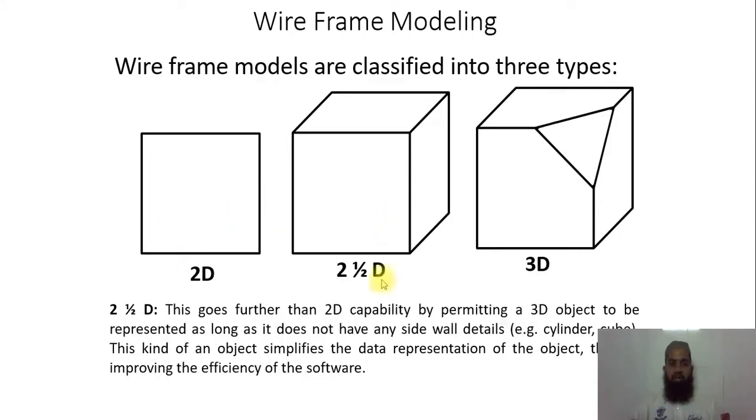The other type is 2.5D. In the case of 2.5D, just remember it looks like a 3D, but there is a difference between 3D and 2D. In this case we have a number of faces. You can see the faces: this face, this face, and this face. We have the information regarding these faces, but the same reflection is at the back also. But we don't have any information regarding the back faces, so it is called 2.5D. Only the front faces which are visible to us have information, and for those at the back we don't have any information. So this is called 2.5D.